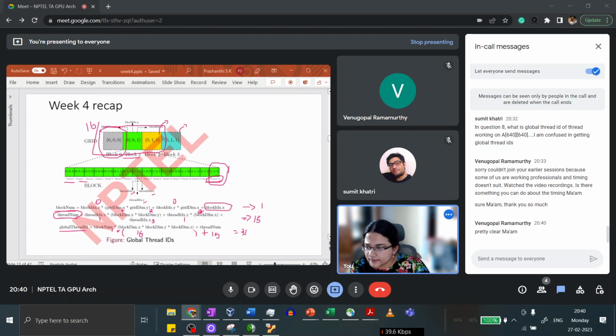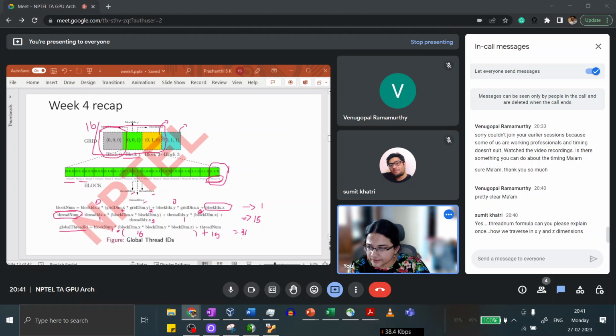Any other? Okay, this is clear. Good to know that. Any other doubts? Okay, so the thread number formula. How do we traverse in x, y, and z dimensions? Okay,